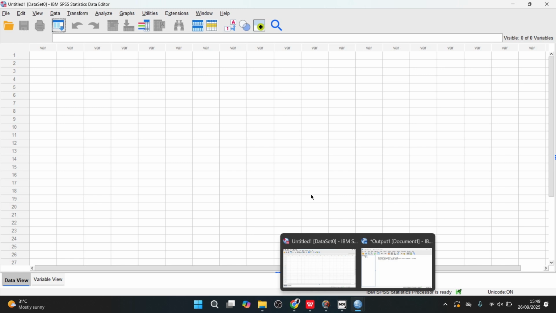Now when you want to install this software, the software comes in an unzip folder. I want to explain how we can install it. Like I said, the software comes in an unzip folder. So when you open the